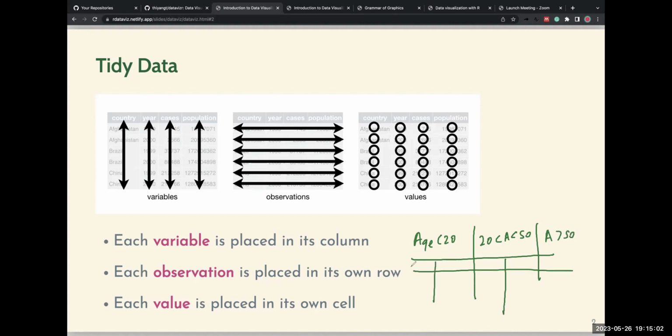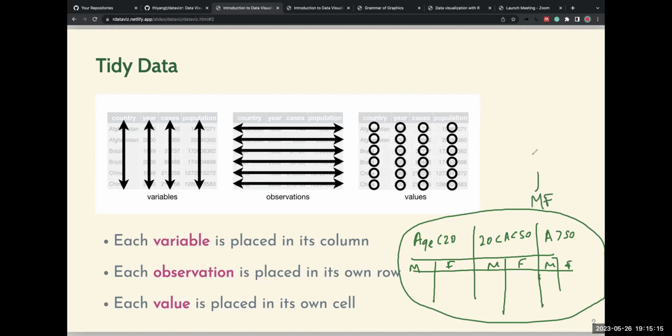And then we have subsections, male, female, male, female, male, female. This is not a tidy format. This is called a messy format. Before doing the data analysis, I want to convert it into the tidy format. This is not tidy because